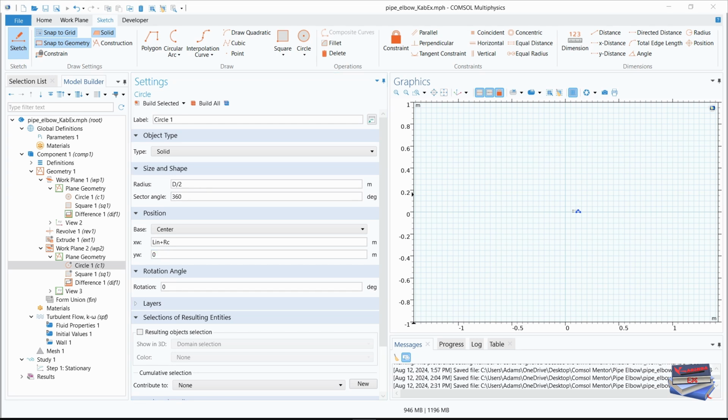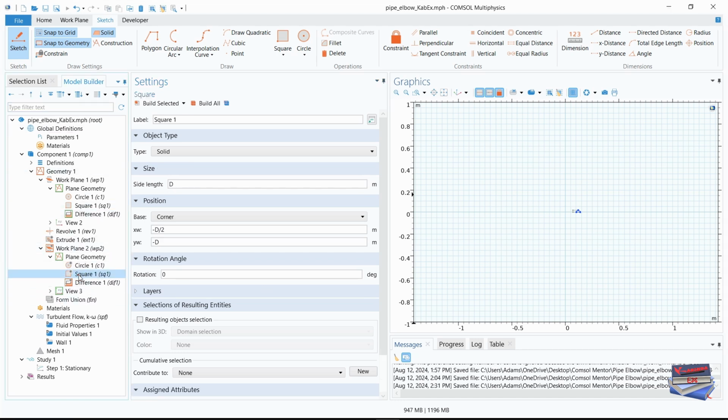and now for the square, let's go back to our model builder here. Square, let's enter minus diameter divided by 2, and we need to add the length in and the coil radius. So we'll go to position XW, so we're going to add to that plus length in plus our coil radius. Okay,